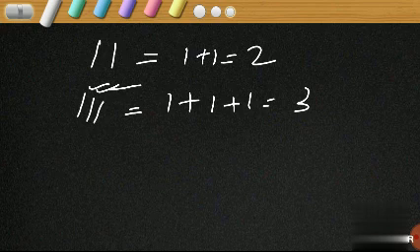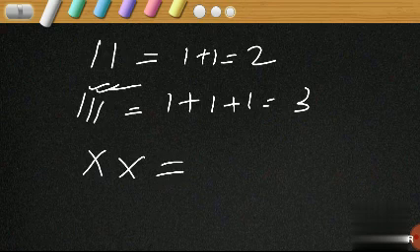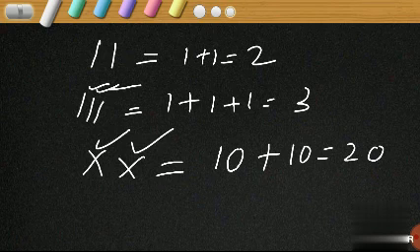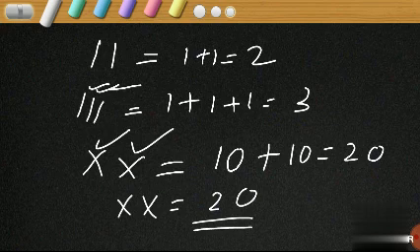Is it clear? What is the value of X? Have you learned the table given yesterday? Yes. X represents 10. We have learned that in Roman numerals, repetition of letters means addition. So here X repeated twice means what is the value? X is 10, and 10 has to be added 2 times. 10 plus 10 equals 20. That means XX means 20 in Roman numerals.